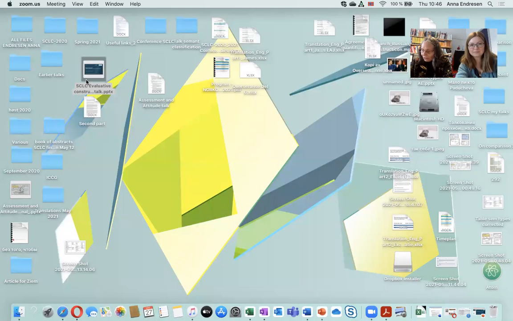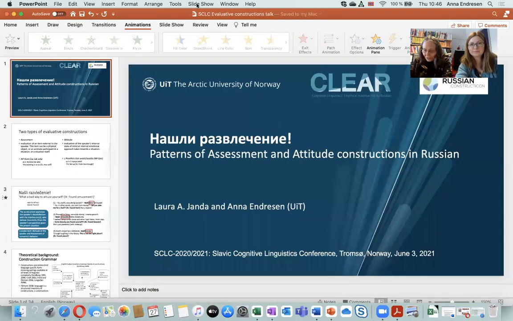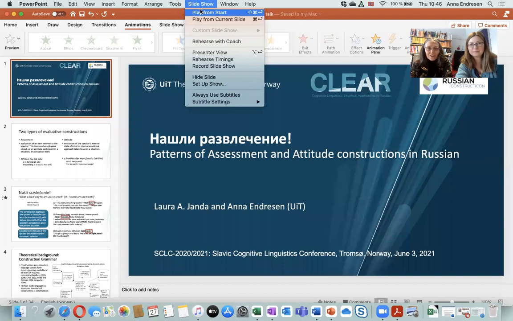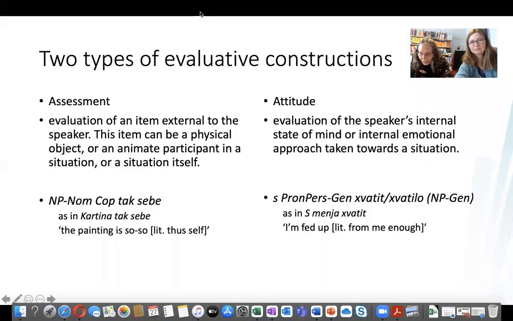Hi, I'm Laura Janda, and this is Endresen, and we want to talk to you about two networks of constructions and how they are related to each other. And so we're going to look at two types of evaluative constructions. They are known as the assessment and attitude networks in our